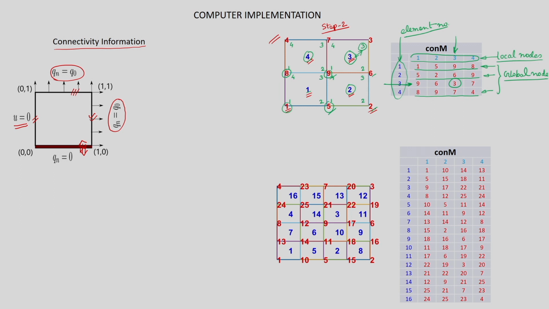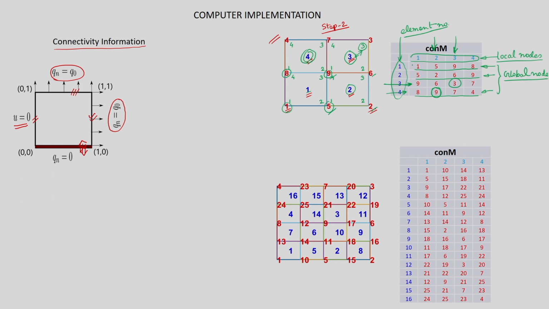So, in this case all the numbers coincide. Or let me take this example, say element 4, if I take the second node of element 4. How do I find out from this matrix? I will go to the fourth row and second column. The fourth row, second column will give me the corresponding global node number. In this case, fourth row second column gives me the number 9.